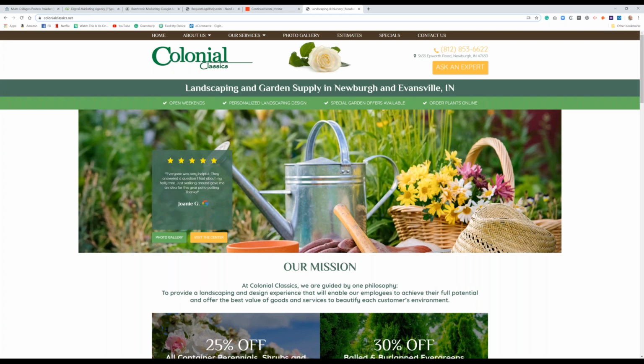So the two high level takeaways are, one is make sure you have the appropriate call to action. In other words, a phone call and ask an expert on mobile is really a phone call. It shouldn't go to a form. And then also that you make the mechanics of that easier, that you make it clear that it's clickable and the phone number is on a button and that sort of thing, so that it works and it brings up the dialer on the phone as a result.